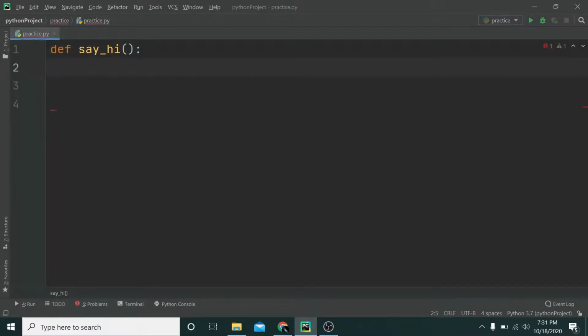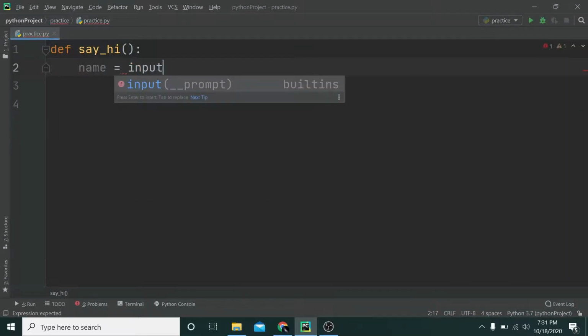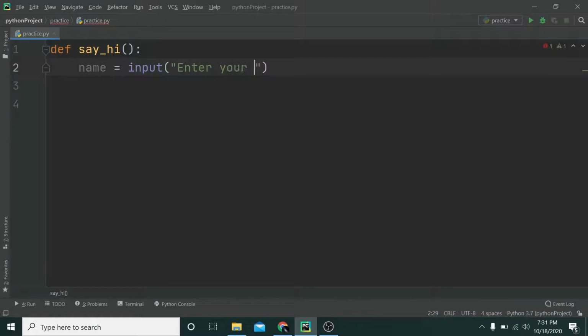Now to say hi and get the name from the user, I'll use an input statement. It basically just gets data from the user, and it allows them to type in the console. And I'm also going to store it in a variable called name. So I'm going to say name equal to input, "Enter your name". And now I can print